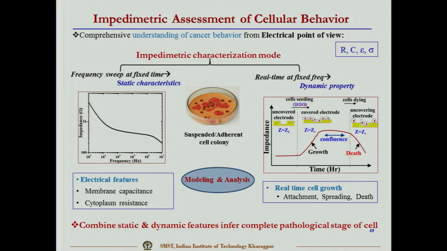With the frequency, if you plot the impedance value at 0 frequency, you will have a very high impedance, but as the frequency becomes higher and higher, the reactance will be lower, and the total impedance value will be lower. So, this is the general characteristic of the frequency sweep for the cell. On the other side, there is the real time measurement at a fixed frequency,